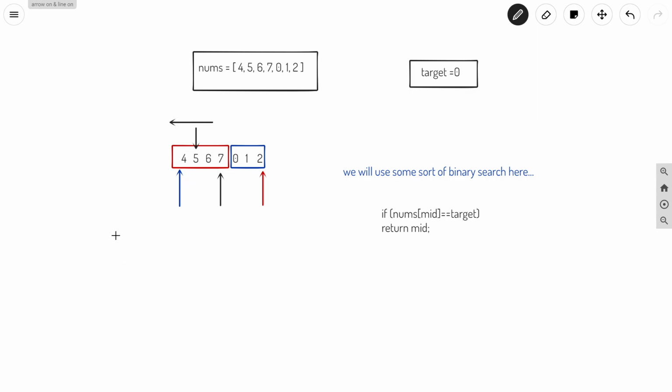So basically for this case, if target is smaller than our mid, more specifically what we can say is, if nums of L is less than or equal to nums of mid, then this is our case. In this case we can have two cases. One is that if target is less than nums of R,